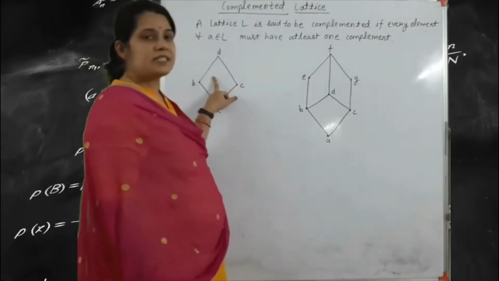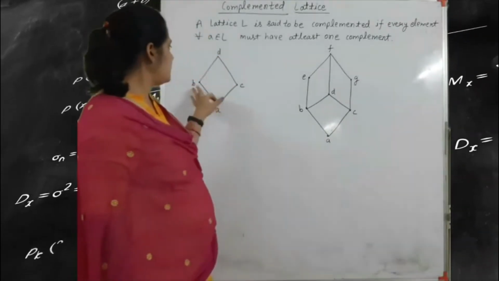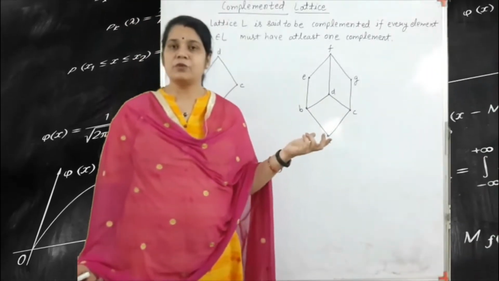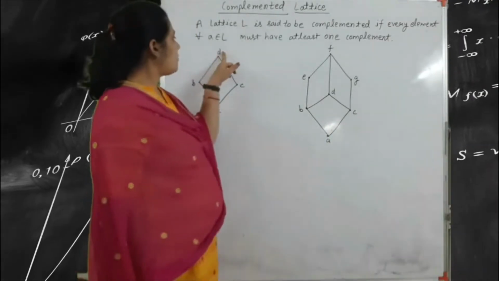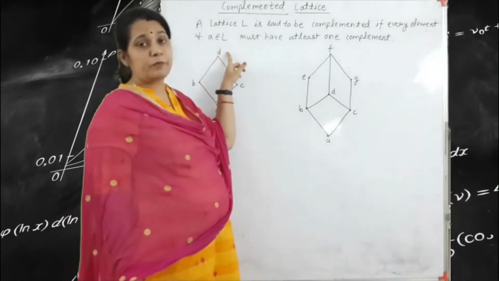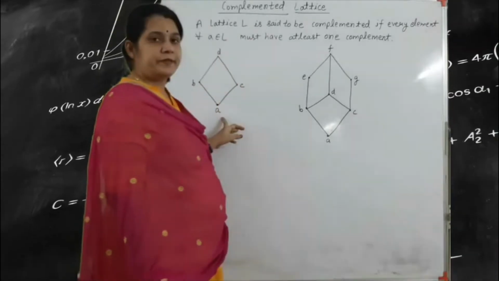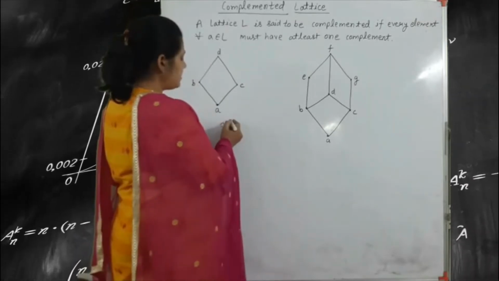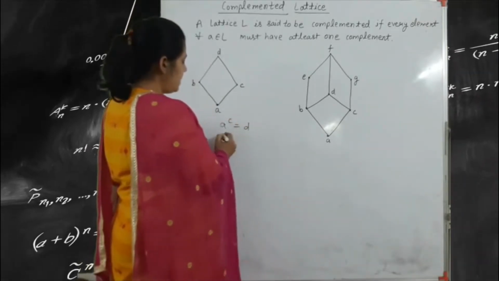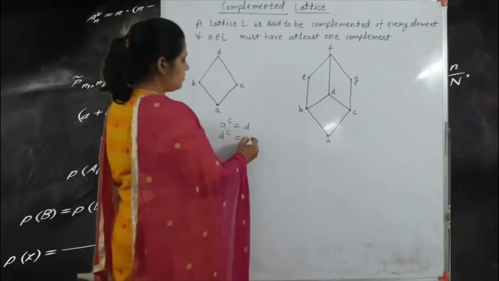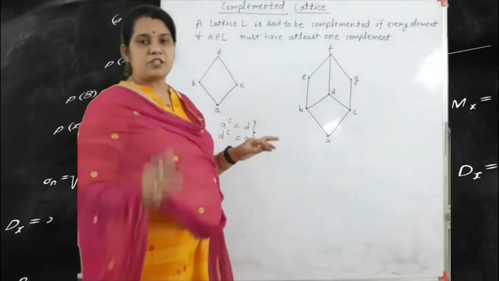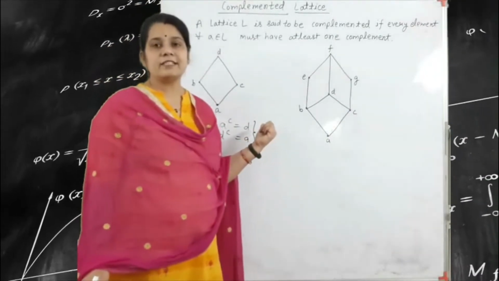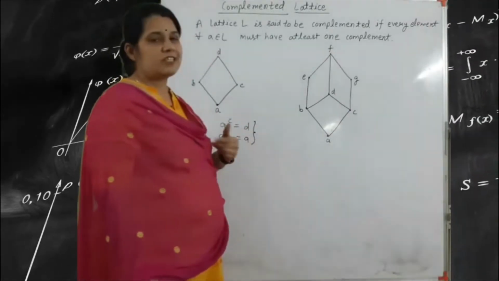So this is the first example, with elements A, B, C and D. The process is the same as for complements: the complement of the upper bound is the lower bound, and the complement of the lower bound is the upper bound. So we write that the complement of A is equal to D, and the complement of D is equal to A. You write this in the examination only once.